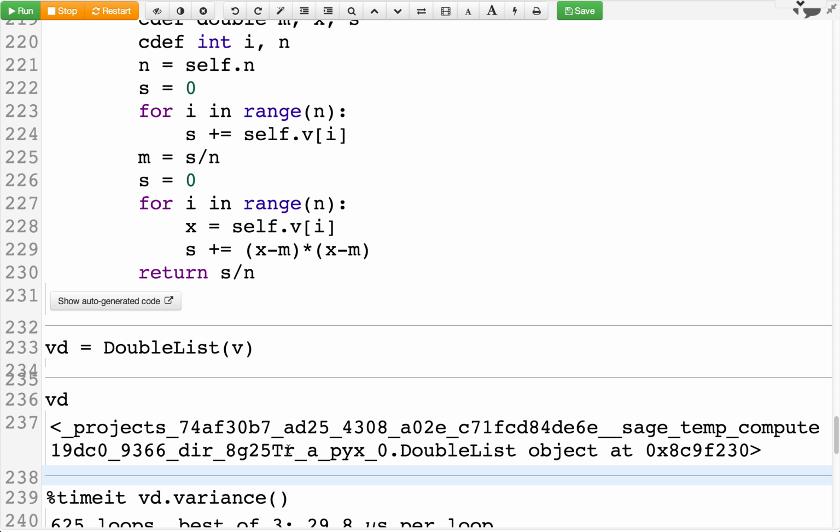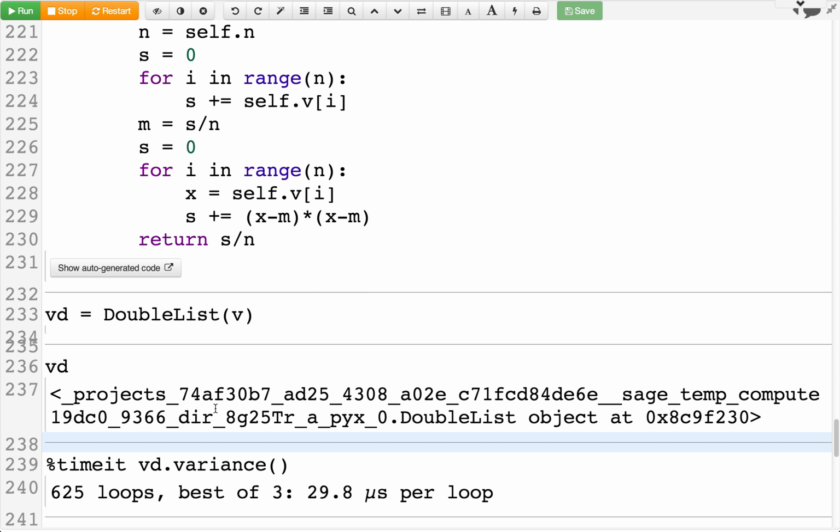There are a few subtleties with comparisons and so on, but for the most part, they're very similar to normal Python classes. The one difference is, though you can use inheritance, you can only do single inheritance. These don't support multiple inheritance, that is, deriving from multiple distinct classes. So you can only derive from one class. But otherwise, they are very similar to normal Python classes. Okay, so we have our VD, and let's compute the variance.